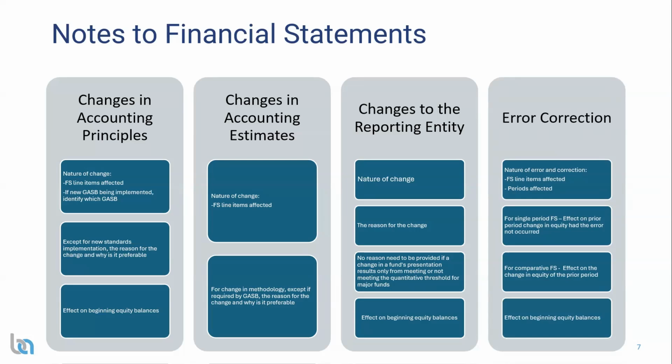equity balances. So really the restatement note is now going to be two components where you can have a narrative component explaining what is the change, what is the nature of the change, what are the line items impacted, and then there is a component stating the numbers, the effect on the equity, and so on. I'm going to show you an example, but before I do that, I want to talk about